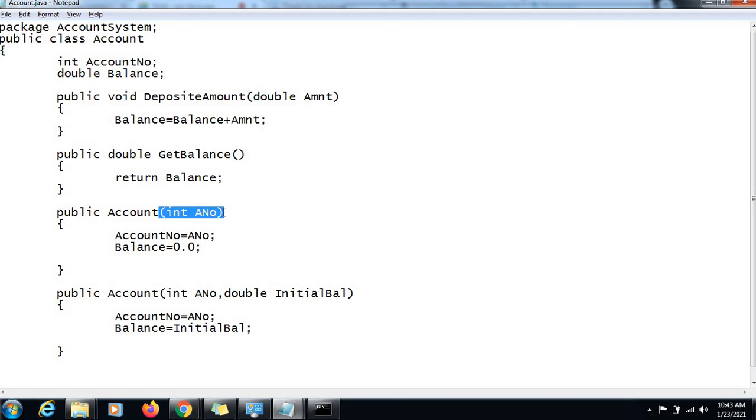So this version of the constructor is allowing to create an account object by setting the user defined value in the account number and setting balance to 0, and this is allowing the account opening or object creation by setting user defined values in account number as well as the balance, right? So here the parameters are different. Here we have two parameters and here we have one parameter.